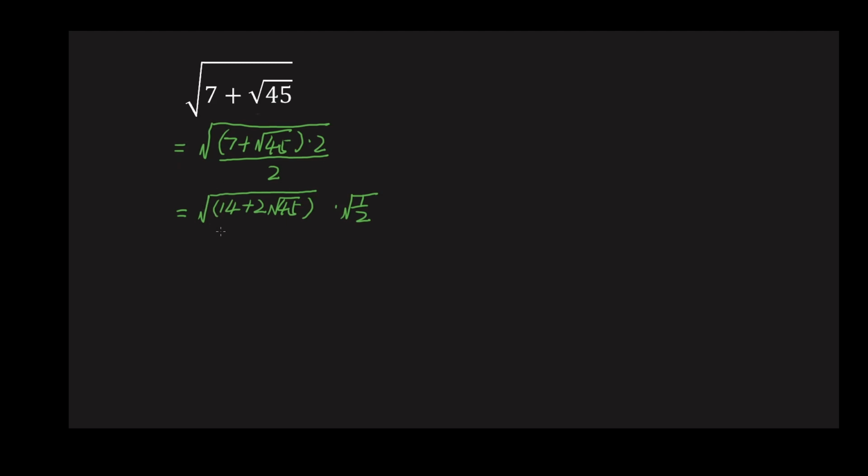This is the same as before, so we know 14 corresponds to a squared plus b squared, and the square root 45 corresponds to a times b. Split it into two parts: square root 5 and square root 9. This squared is 5. This squared is 9. 5 plus 9 is 14, and this is the right answer.